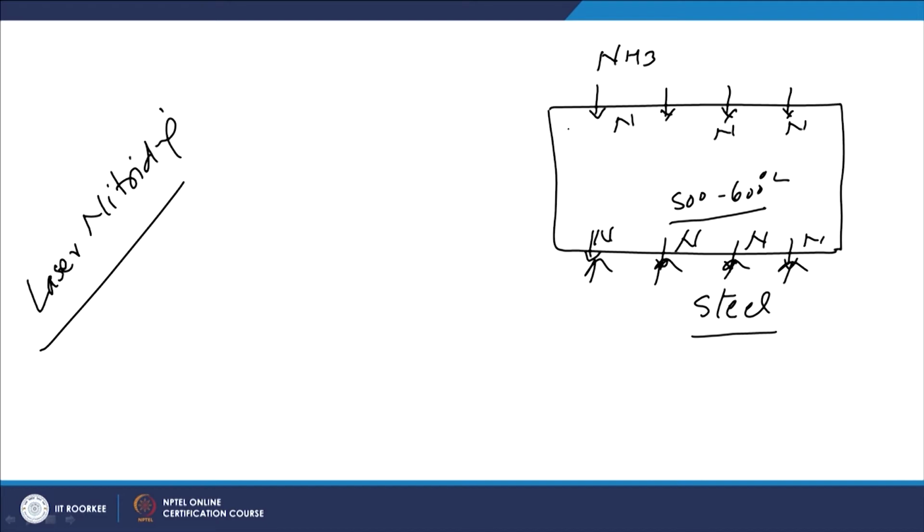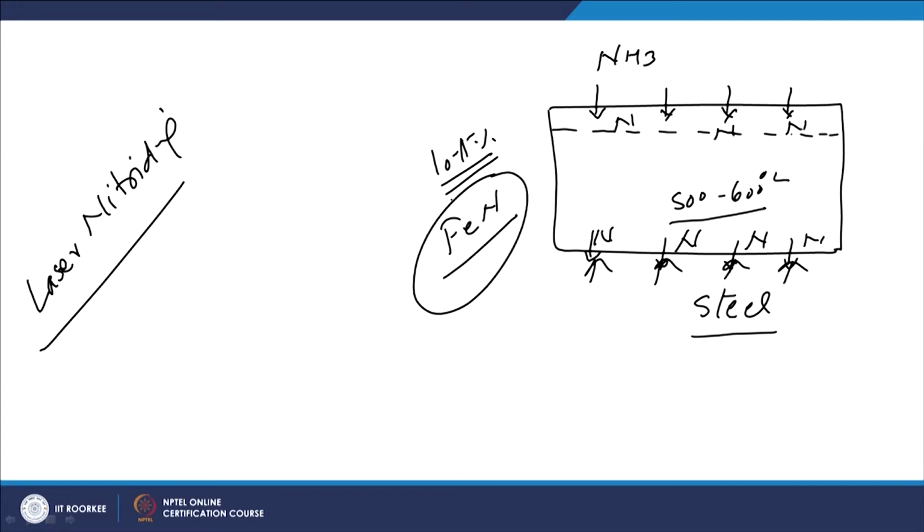This is the reverse trend, because the nitrogen is to be introduced at the surface and subsurface layers. So, once the nitrogen has been enriched in the component to the desired level, which may be like 10 to 15% as well, it will form various types of iron nitrides. At the surface layer, the nitrogen content is more, so it forms a hard and brittle nitride layer, while in the subsurface layer the nitrogen concentration is less.